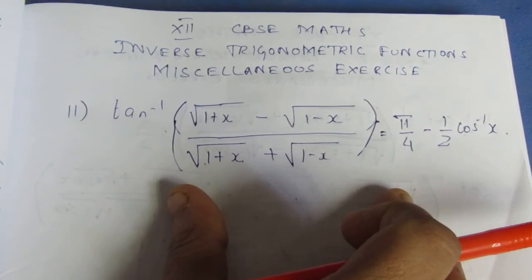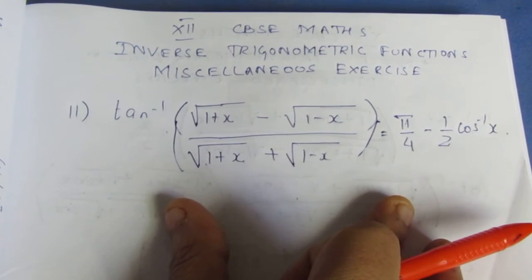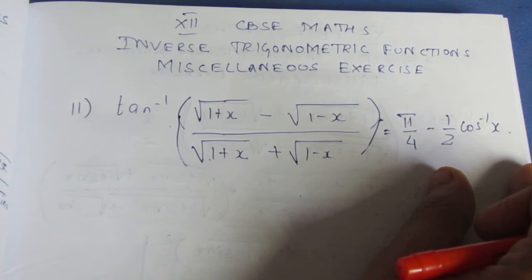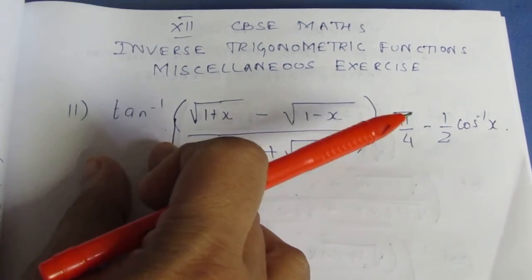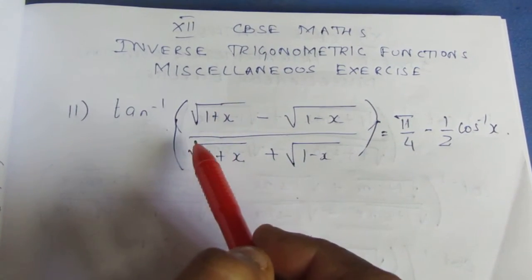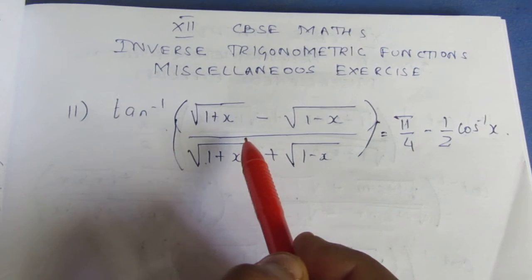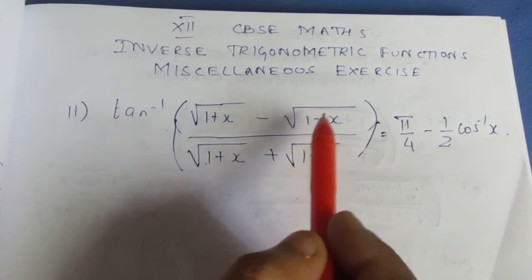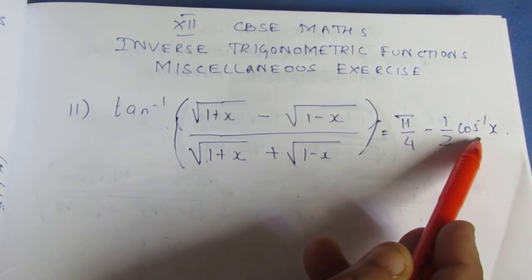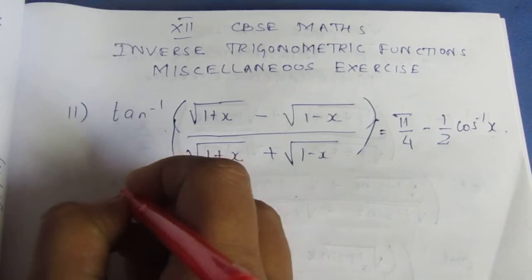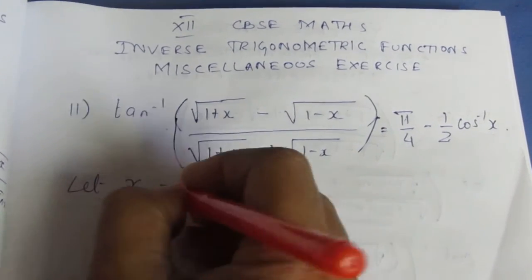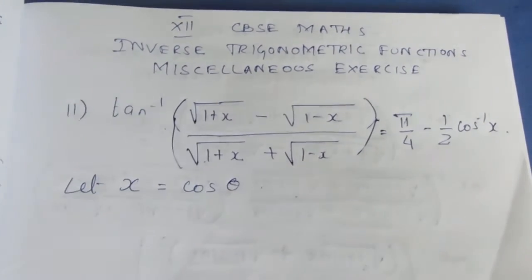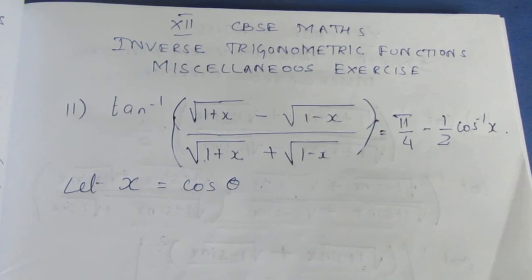So if I start to conjugate or do something with the given thing, I can't get the value of cos inverse because here tan inverse is there. The tan inverse needs to get cancelled, so I want a tan here. For that reason I am going to change x to some value. Here we have cos, so let x is equal to cos theta. I am going to substitute cos theta in the place of x.